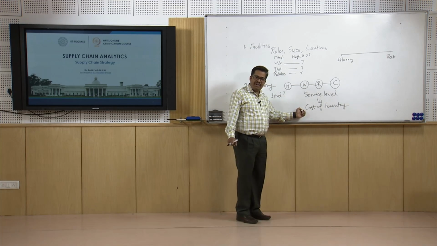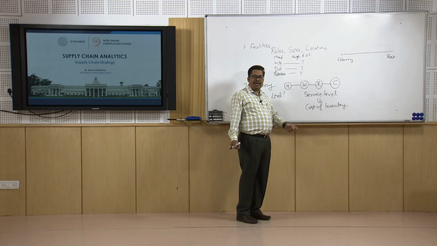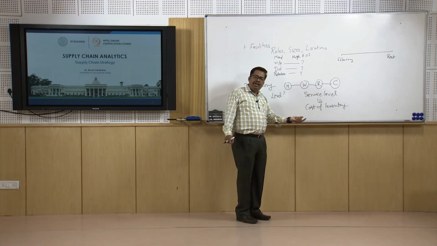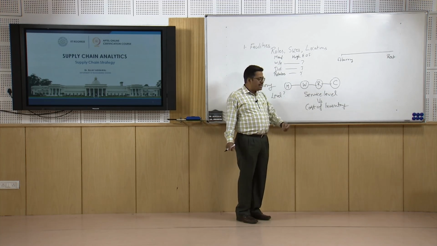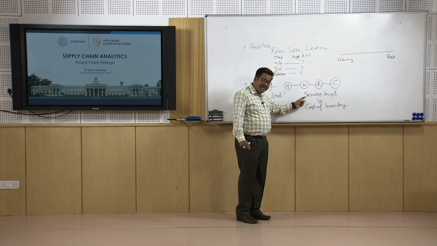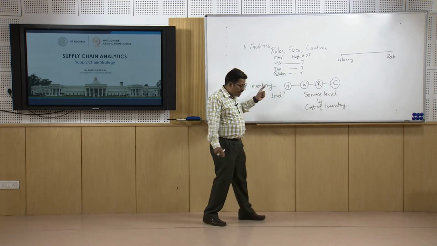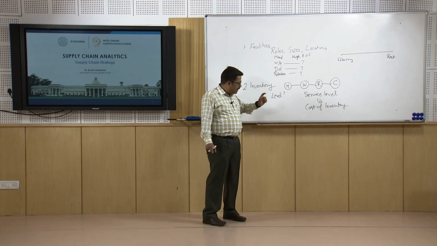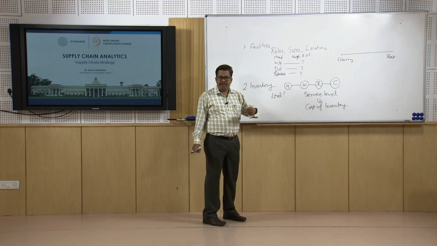My cost of inventory will accordingly go down, and when it goes down, this will increase my profits. So real-time data analytics with respect to your service level and inventory management is very important and crucial, and it is directly related to the profitability of my